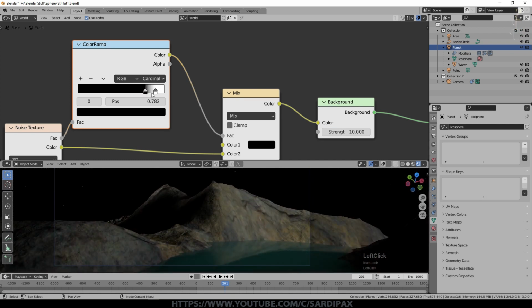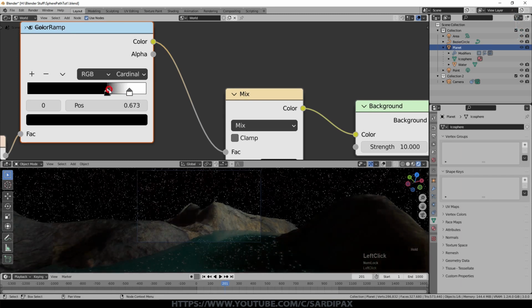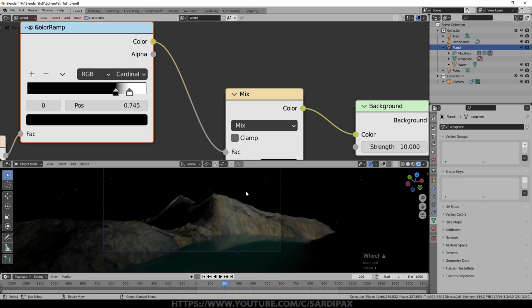So you'll need to tweak these around. You can see if you go too far, you have basically no stars. But as they come back, more and more stars appear in the sky. And believe it or not, they are actually coloured. All sorts of different colours. And you just need to go to a level which you think it looks appropriate, something like that maybe.